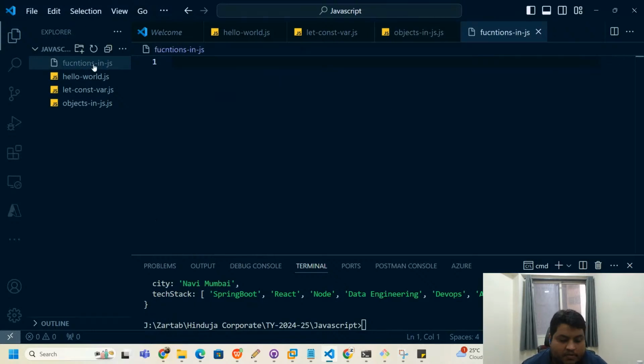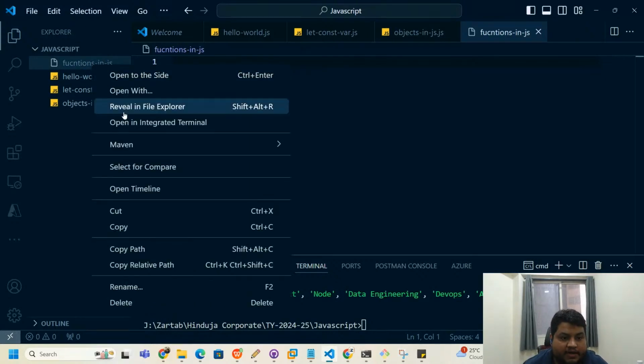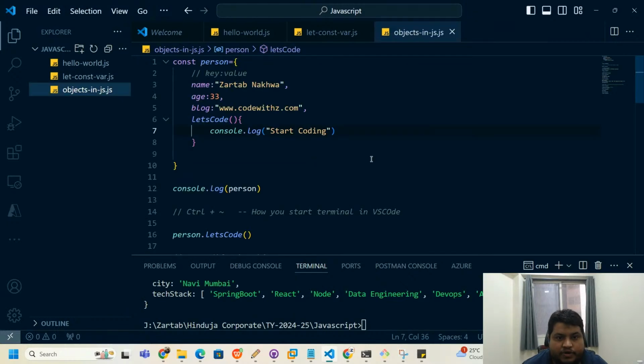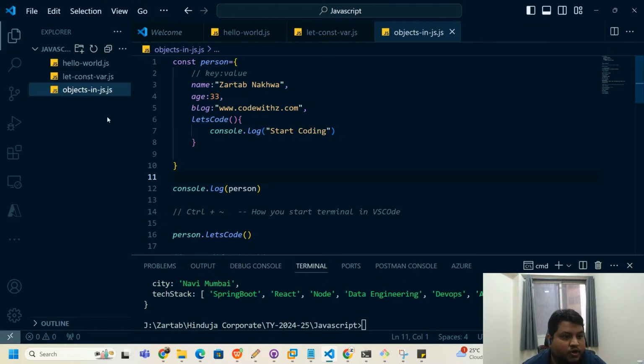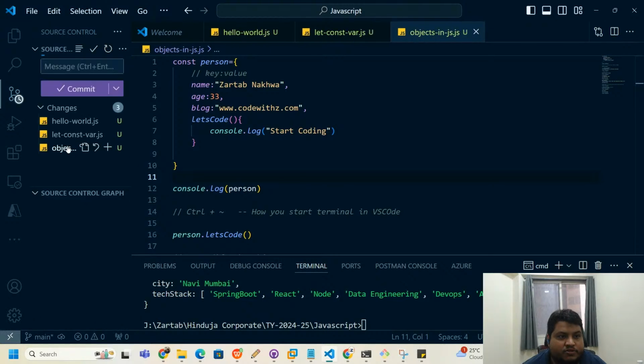Before we jump into that, I wanted to keep track of what we are doing. Let me push this to the repo. Based upon what we did yesterday, I'm showing you this from a VS Code perspective. I will initialize the repository and say we have completed objects